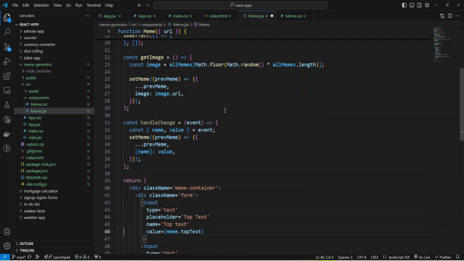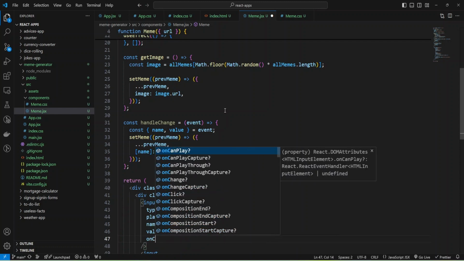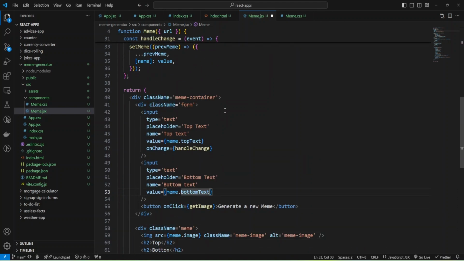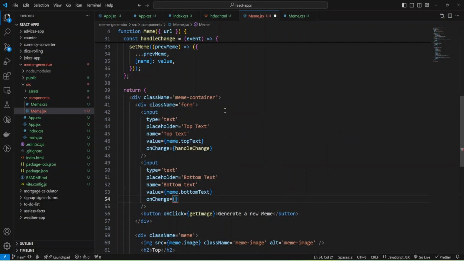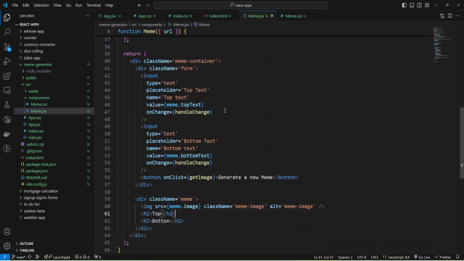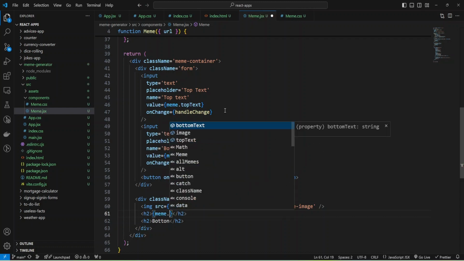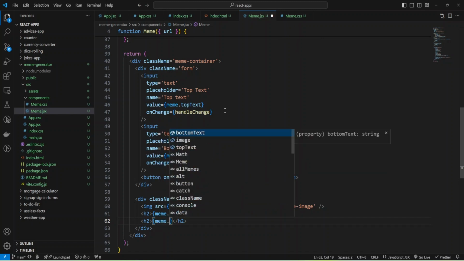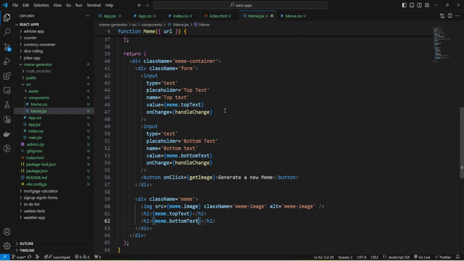Okay, and now we can add on change element handler and call handle change, and also here change and provide handle change. Okay, and here we can display text from our state using meme top text, and here meme bottom text, and we can provide class name.